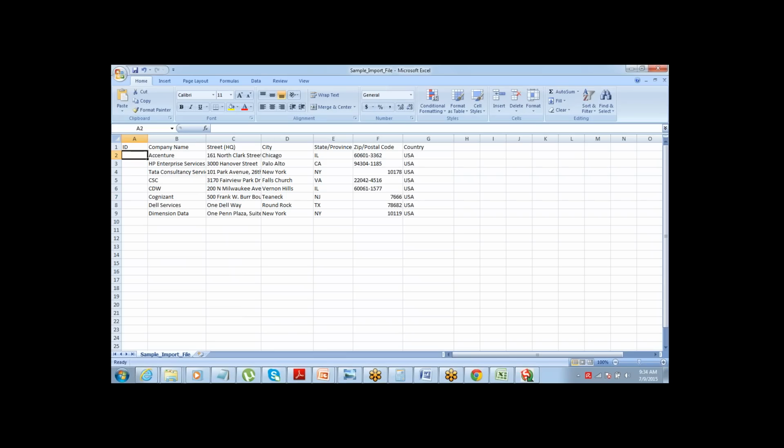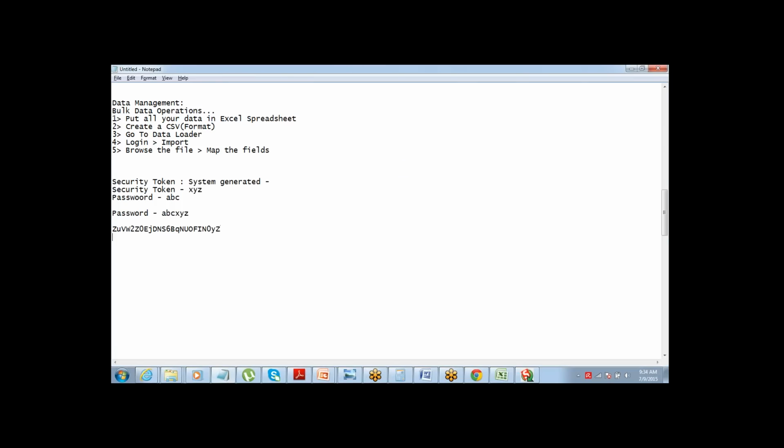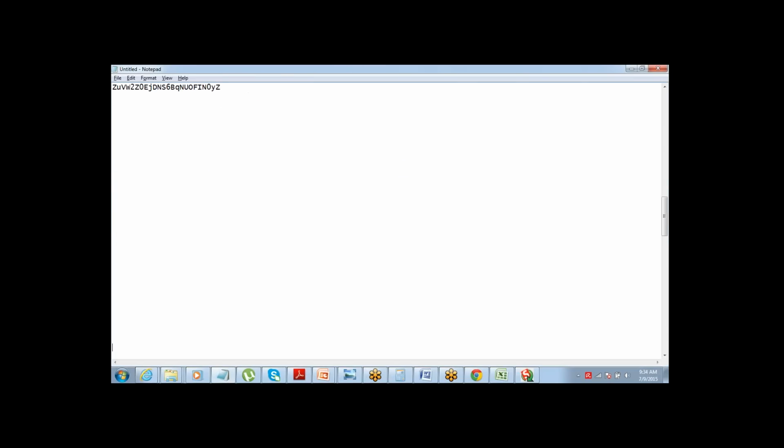Now, why do we need ID? We need ID so that whenever we need to refer to a record, we can use that ID as a reference. So the next example that we are going to do is update multiple records.